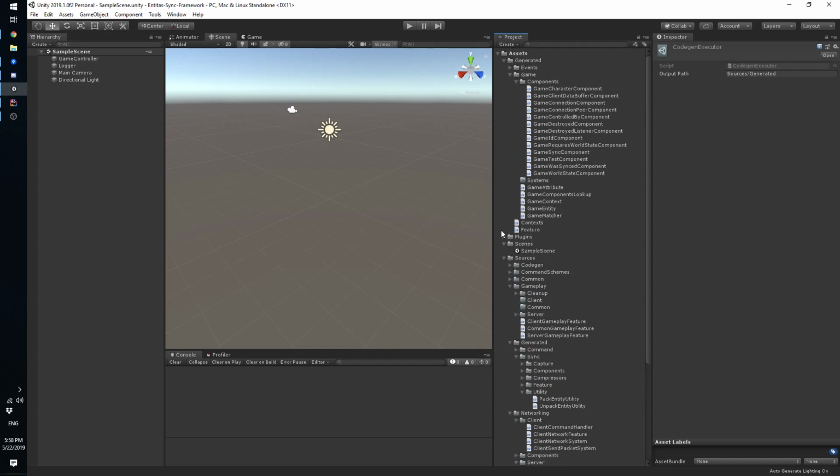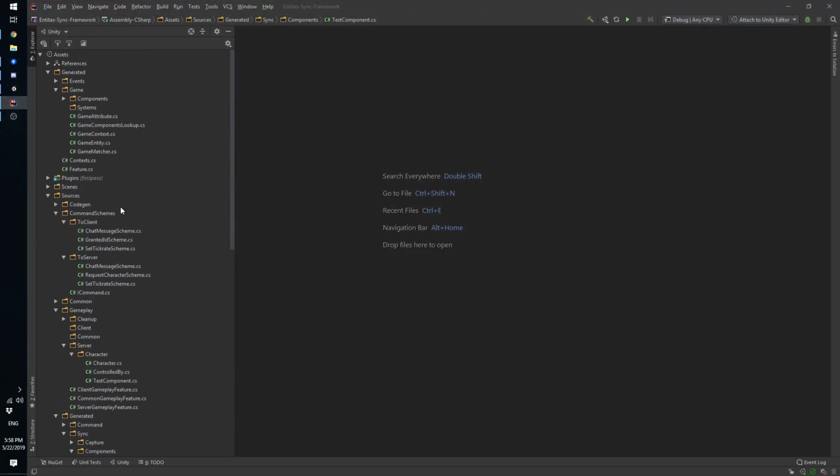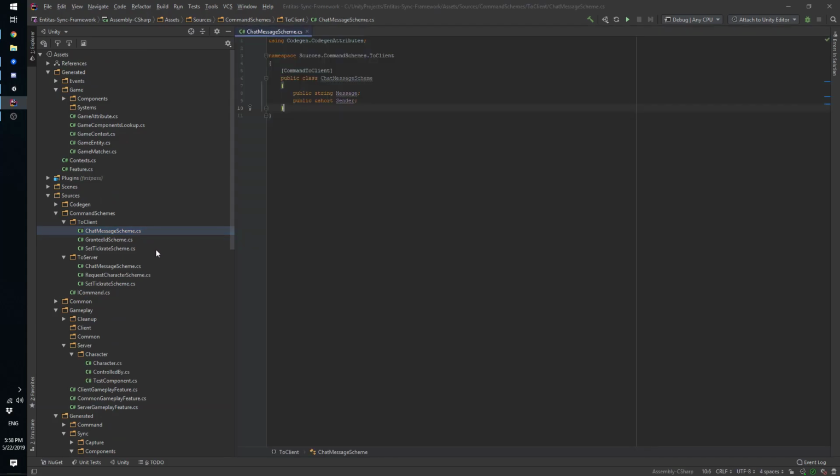Let's look how it works when it applied to the commands. So we have command schemes. This one is responsible for sending chat messages to the client. You see this attribute. And there's a bunch of those commands, schemes of commands. For example, this scheme is responsible for sending the chat message from the client to the server, and then code